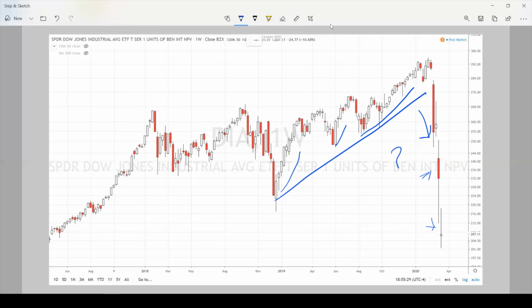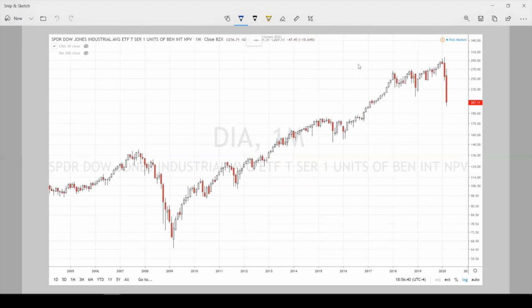Now, looking at the big picture, this is the 2008 and 2009 bubble that we had. This is no different. However, this wiped out literally 2 years worth of uptrend. In other words, a 2 year bull market. And why would we want to buy? Why? There is no point, because we don't want to lose money. We certainly don't want to day trade. We need some kind of trend.